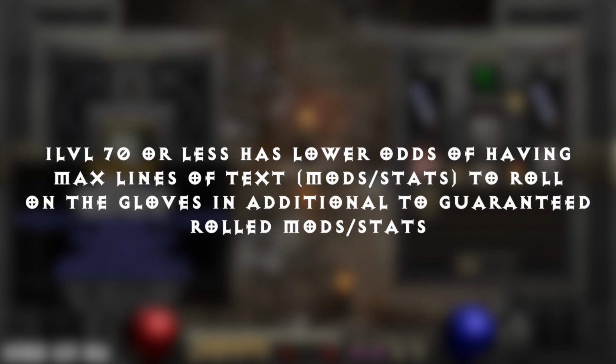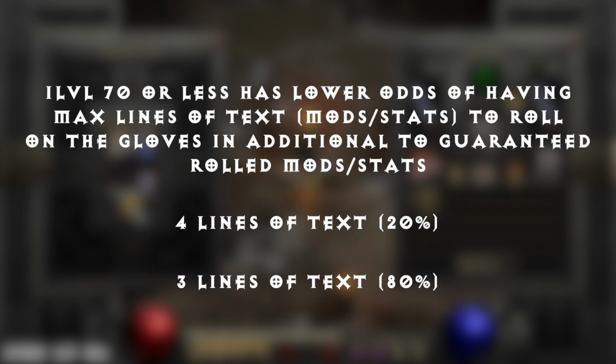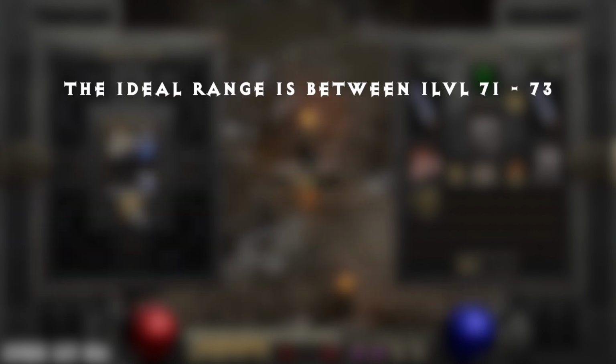However, an item level of 70 or less will have low odds of rolling more lines of text, being 4 mods or stats at 20% and 3 mods or stats at 80%. So now we would need to consider the item level to give the best odds of 100% chance for every glove to have the potential of max lines of mods or stats, that being between item level